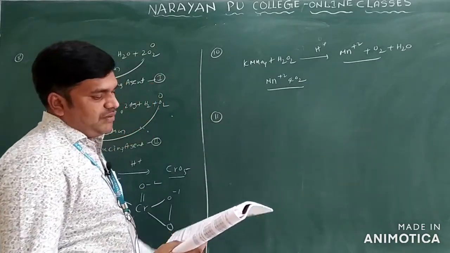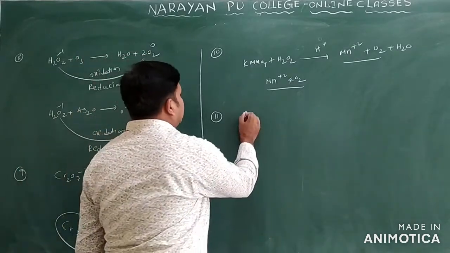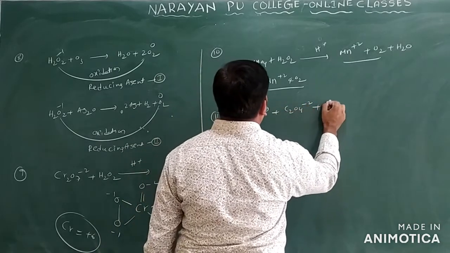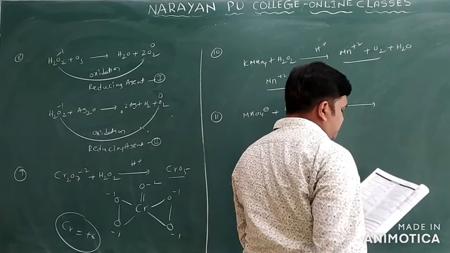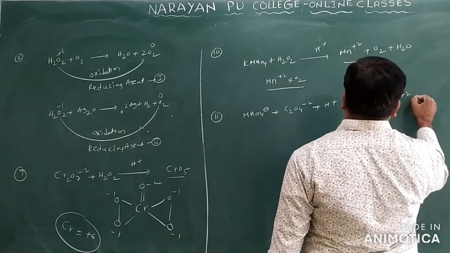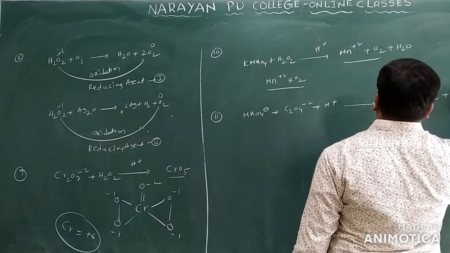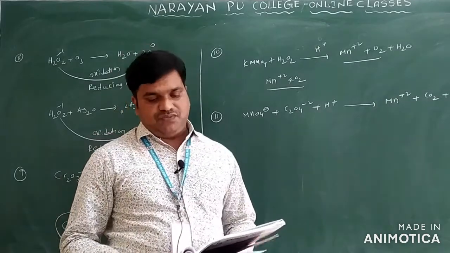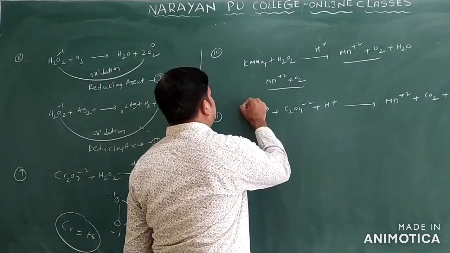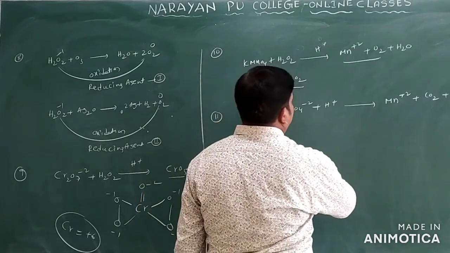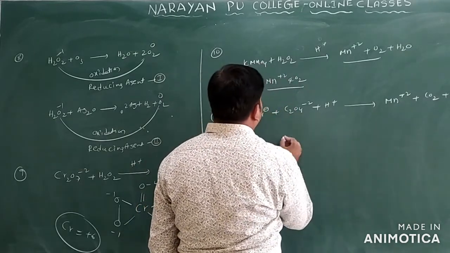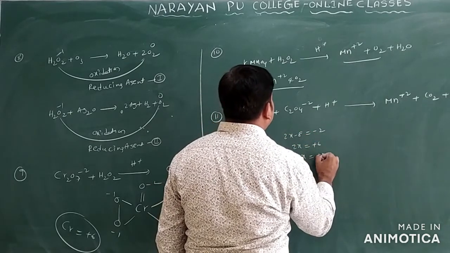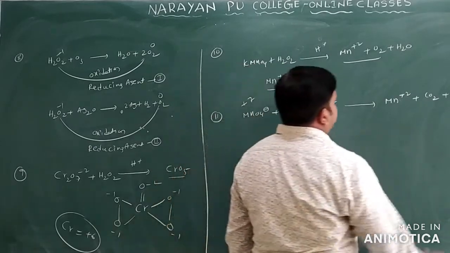Next question, question number 11. They are asking for the balanced equation. The equation given here is MnO4 minus plus C2O4 2 minus plus H plus gives rise to Mn plus 2 plus CO2 plus H2O. They are asking for the coefficients of the reactants in the balanced equation. Here manganese is 7. Here carbon, how much will you write? C2O4 2 minus: 2x minus 8 is equal to minus 2, 2x equals plus 6, so x equals plus 3 oxidation state. Here plus 2, and here